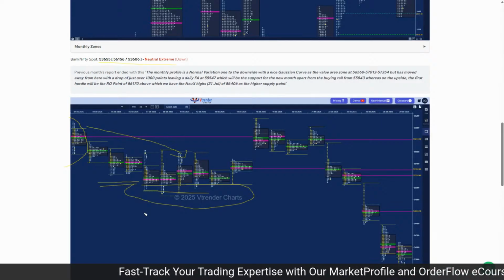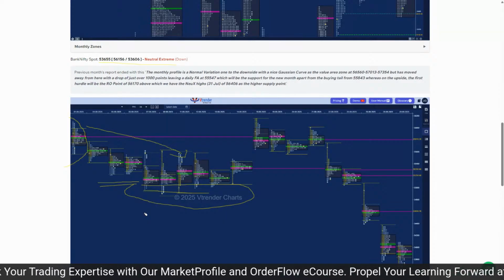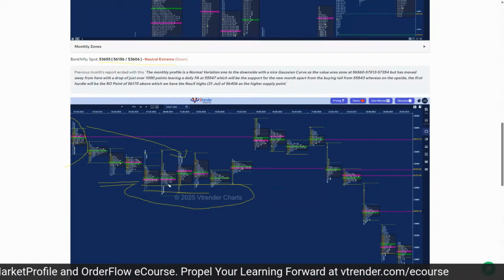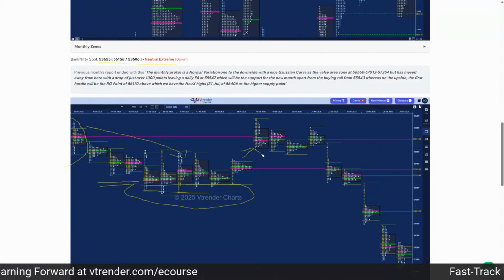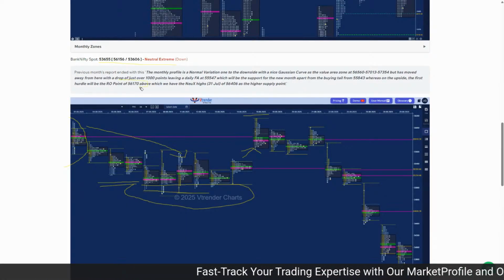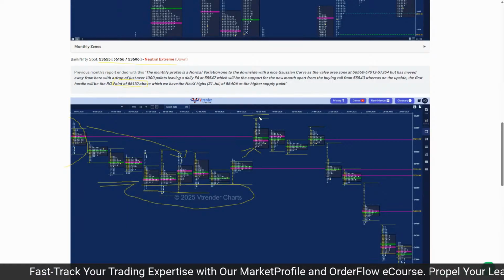It was a neutral extreme profile to the upside, the month of May 2025. And we had the VWAP of that reference marked. So that was holding. That is where we took support in the first half of August. And then we got this gap up. And what did the gap up do? It stalled right at that rollover point of 56170. We needed to be above this to be bullish. But what we did was we stalled right there.